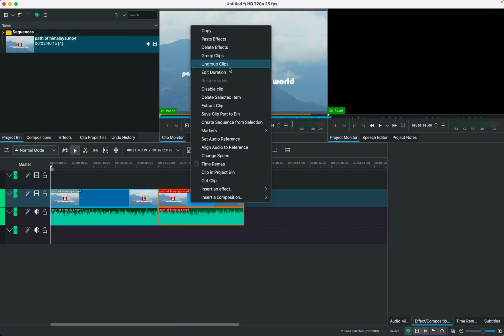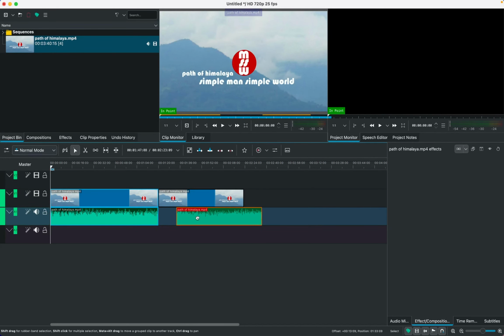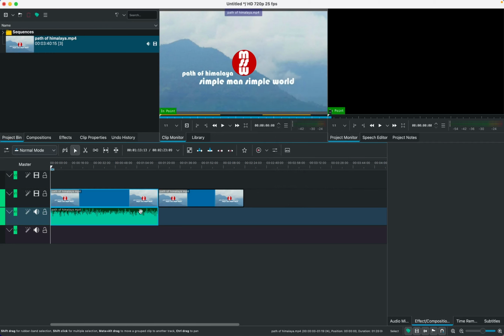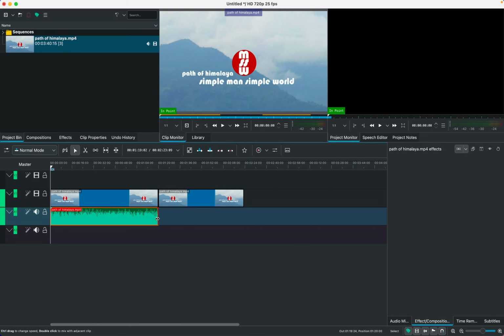then you can ungroup the clip. You can delete this part as well, and you can also ungroup this and move the audio files, just left and right dragging. Just move the mouse cursor